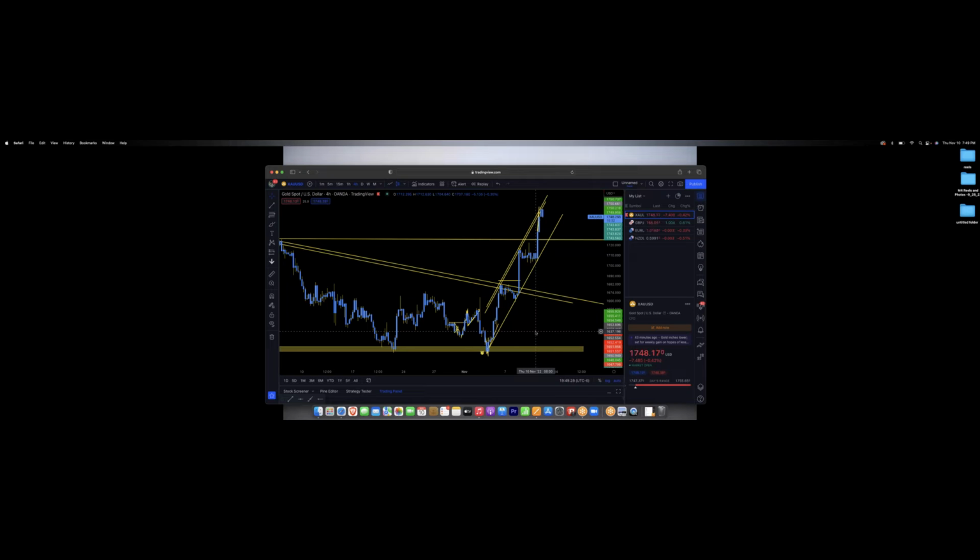So that's why you have to stick to your system. If you're going to be an M-top trader, just be an M-top trader. If you're going to be a double bottom trader, just be a double bottom trader. If you're going to be a trend trader, just be that. Break and retest, just be that. Fib trader, be that. Pattern trader, be that. When you're doing it, it makes life so much simpler to trade that way,